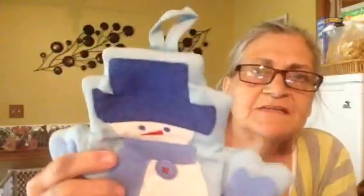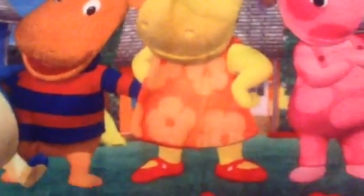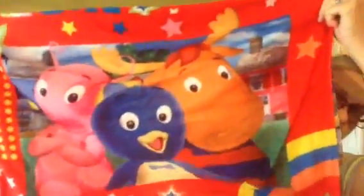Here's a cute little Christmas oven mitt. And let's see, here's a tag. It's just a generic though, it's not got a name, but I thought that was real cute. I got my daughter a pillowcase, and I'm not sure, is that Angry Birds? I don't know, but that's her pillowcase. Got my husband a Dickies